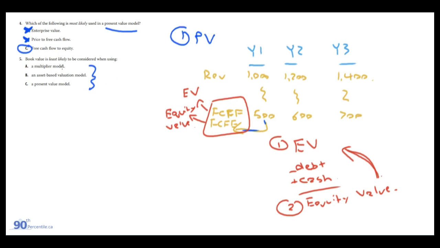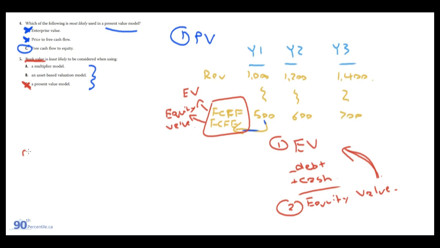Moving our way down, book value is least likely to be considered when using a multiplier model, an asset-based valuation model, or a present value model. For the present value model, like we said, book value to equity, no, we're not worried about that. We're calculating market value. Multiplier models, put really simply, are when you take, let's say, we're using an example